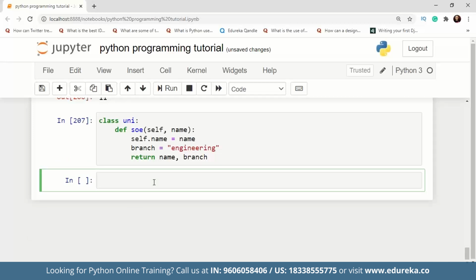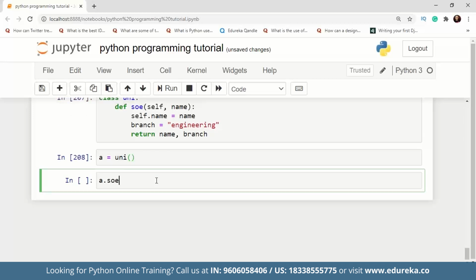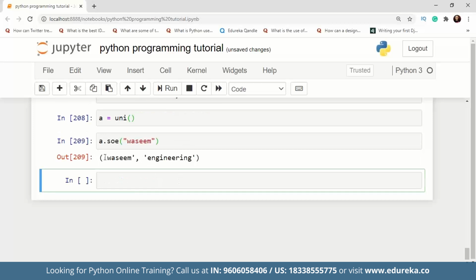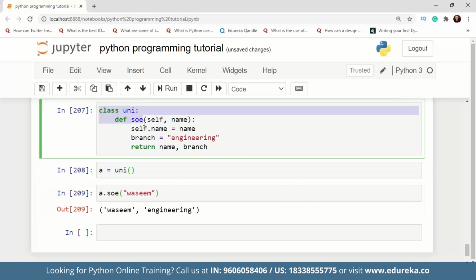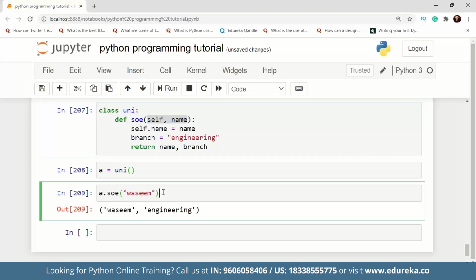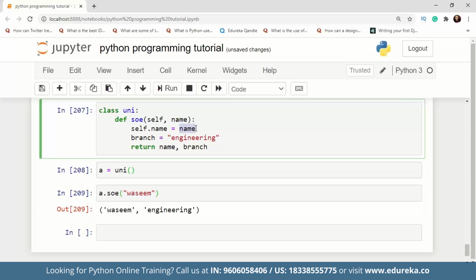Now let's create an object. To create an object, we'll just create an object called uni. Now using this, we call the member function, provide the name. Let's call it this, and we are getting these values. So what happened here is I had a class university. Using the parameter, I'm providing this name particularly, but with that name I can add values, guys.